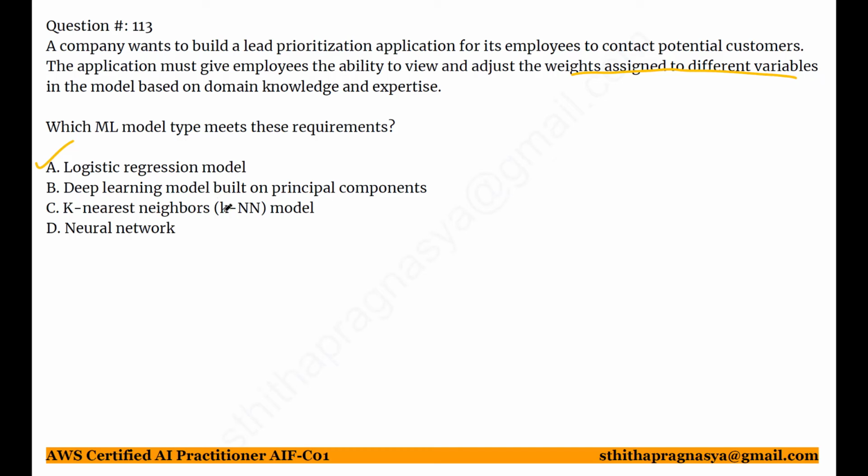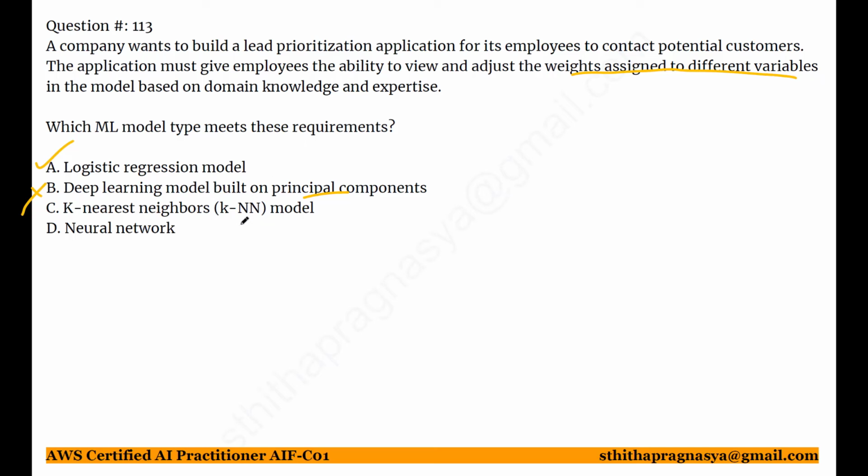Why not deep learning model? Deep learning models are highly complex and often considered black box models. While they can be powerful, they lack transparency, and adjusting individual weights is impractical for non-specialists. Incorporating principal components further complicates interpretability. So this is not the right answer for this particular question because it does not provide interpretable or easily adjustable